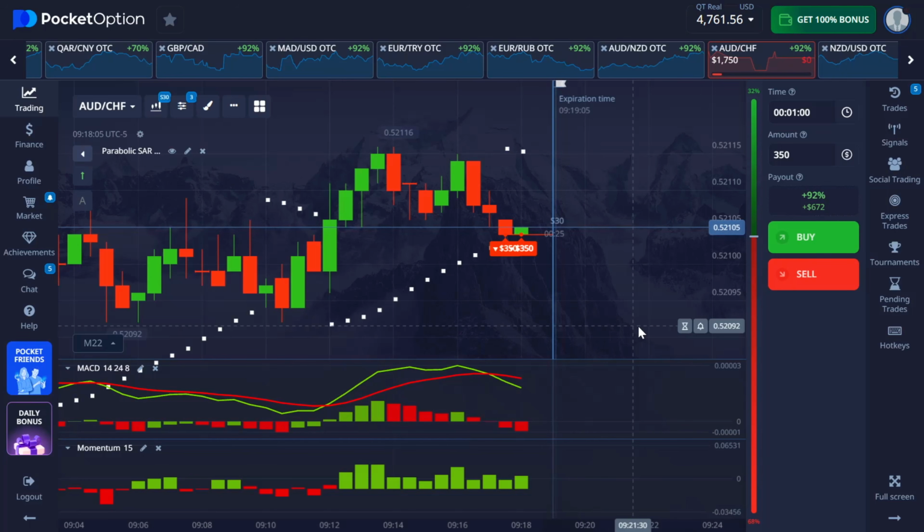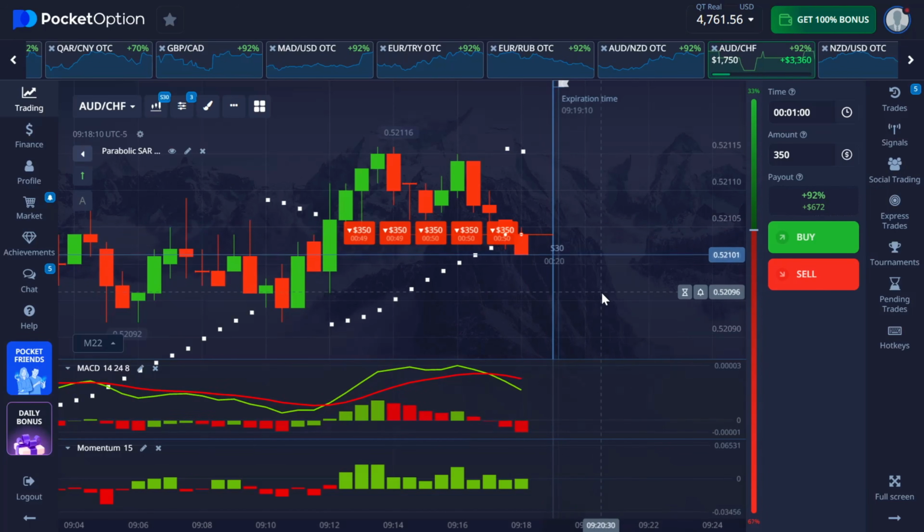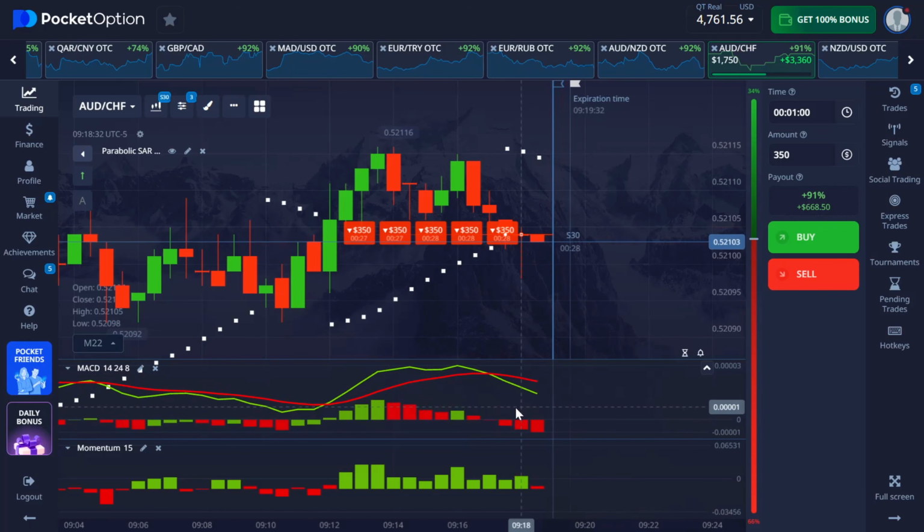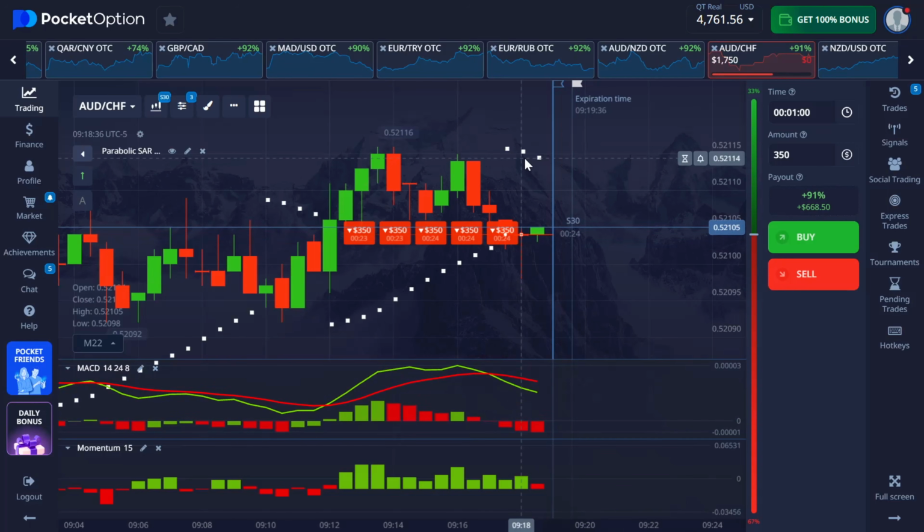Okay, so basically I'm taking a trade right here on the regular pair. So I'm trying to show you guys something here. This strategy even works on the regular pair also. So if you are a type of person who don't like OTC, no problem. You could trade this strategy on the regular pair, right? And I'm trying to show you right here that it works because we have MACD crosses, right? We have the parabolic over,